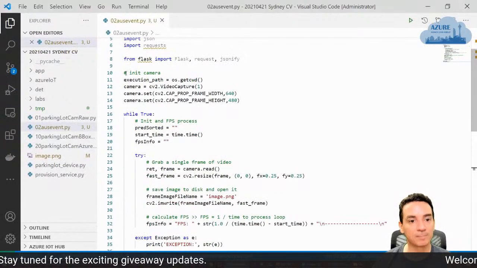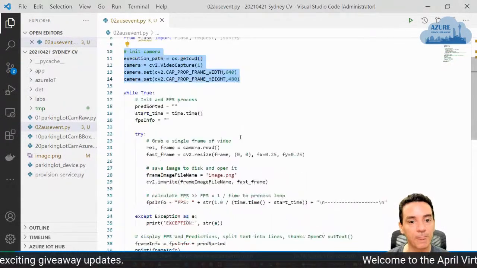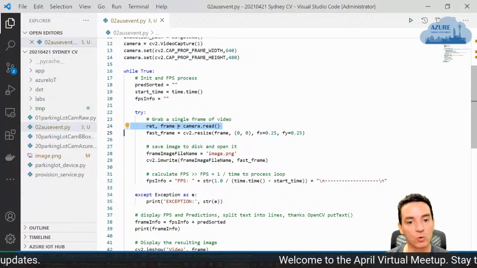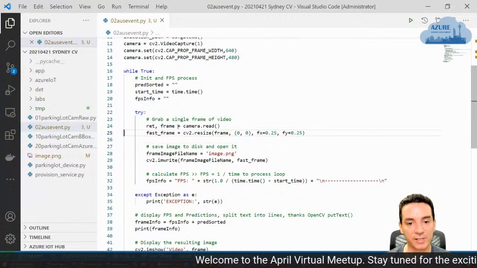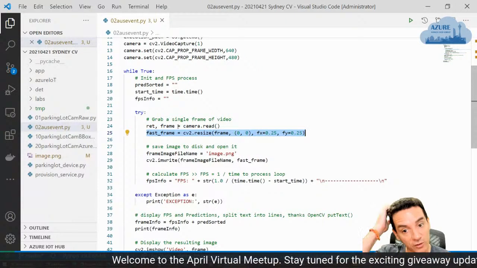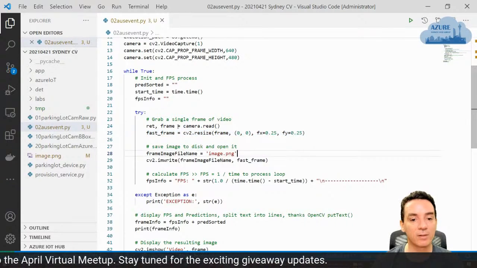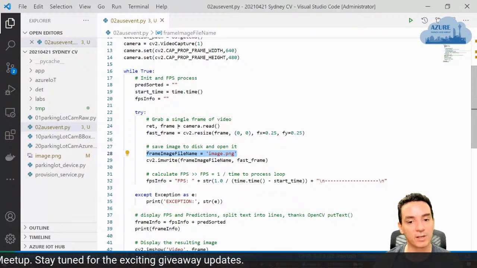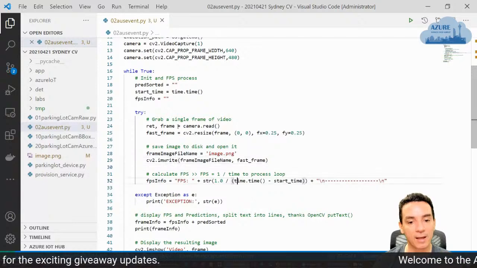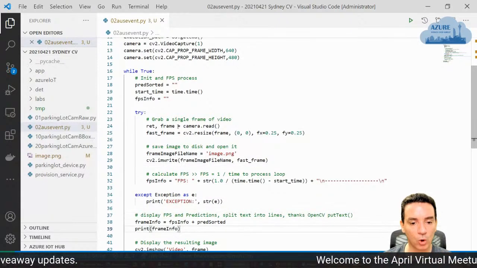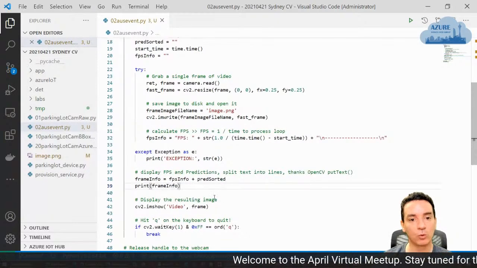I open the camera, and I pick up each one of the frames on the camera, do a resize of the frame. I can do this with this format or a different format with a specific size. And then I save this locally. So this is an image save. And then I show the camera output. So let's do the analysis.